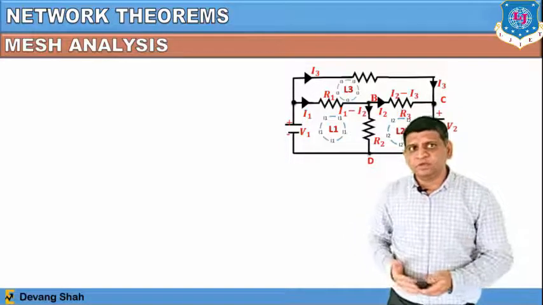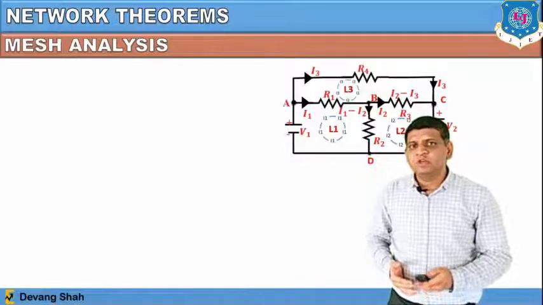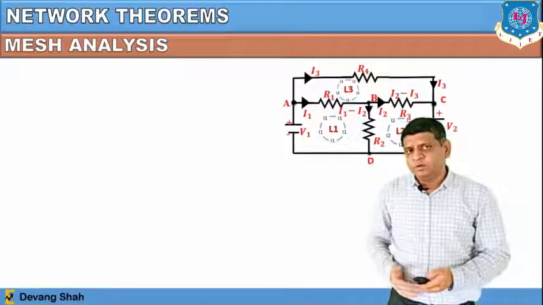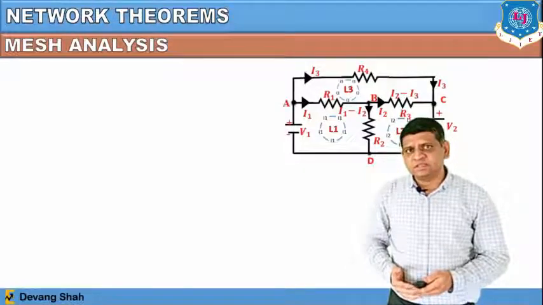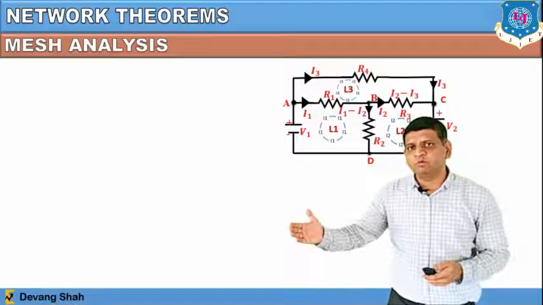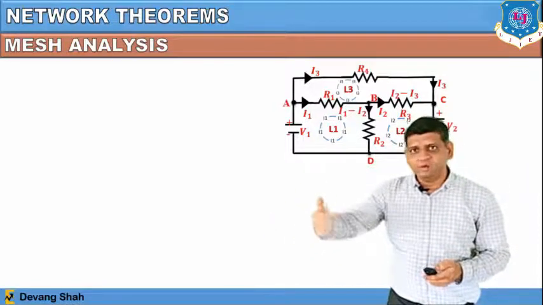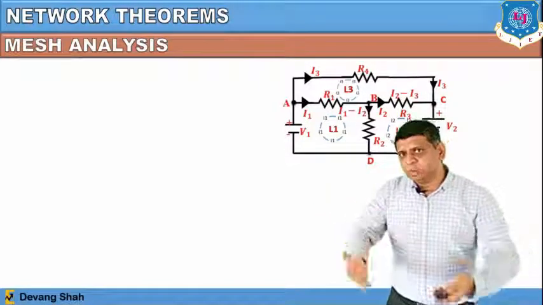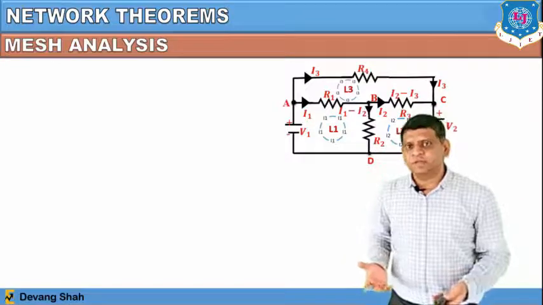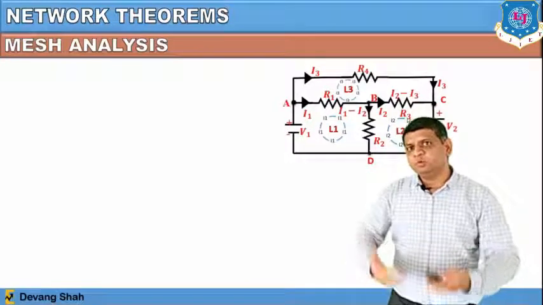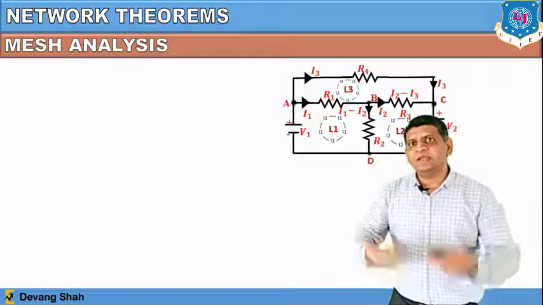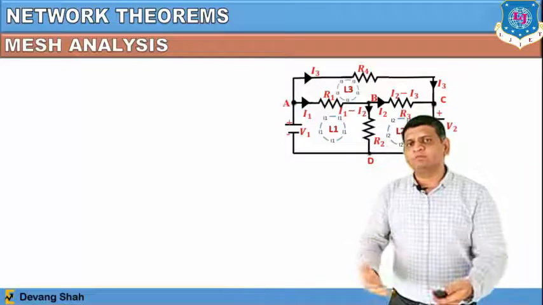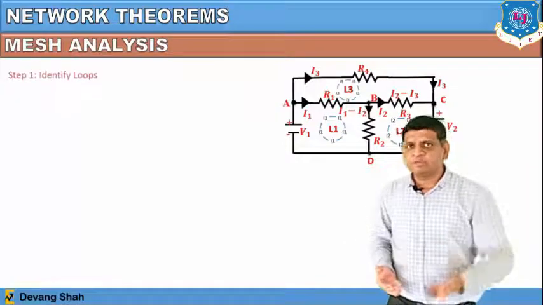So here in this particular circuit, you can find there are a total of 3 loops. If there are n loops, then there are n equations, right? The current passing through a particular resistance, let's say in loop number 1, R1, where 2 currents are passing, I1 and I3, right? If you consider loop number 1, that means you behave as the current I1. If you are considering loop number 2, you are the current I2. And if you are considering loop 3, you behave as the current I3, right? So from this analysis you can find